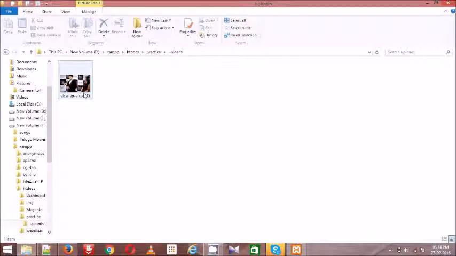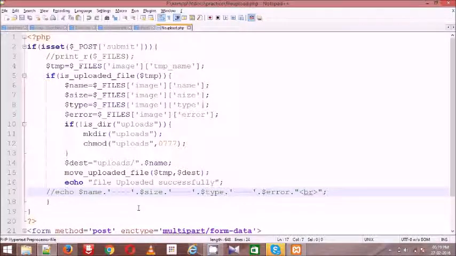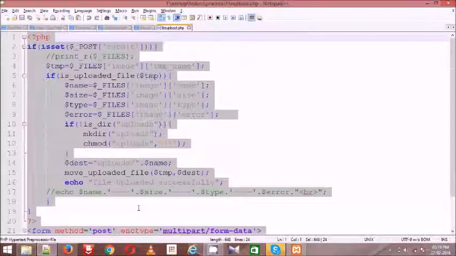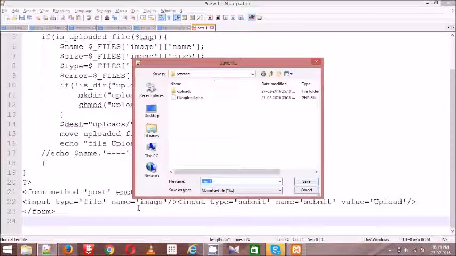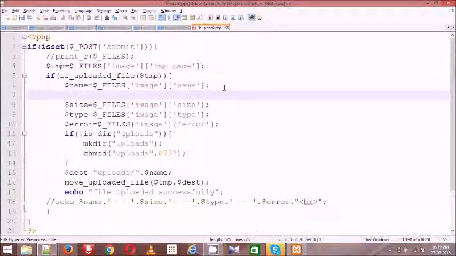So while uploading the file, if you want to change the name of the file, we can change it also. I don't want to disturb this file, so I am creating one more, file upload 2.php. Look at this, and this is the name of the file.